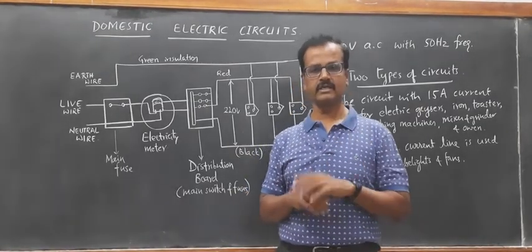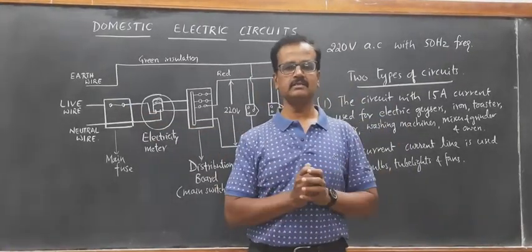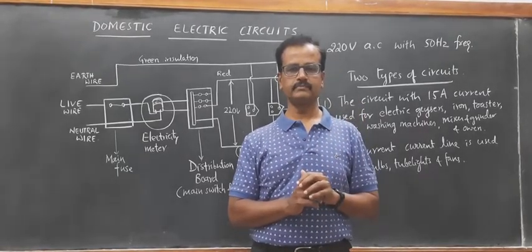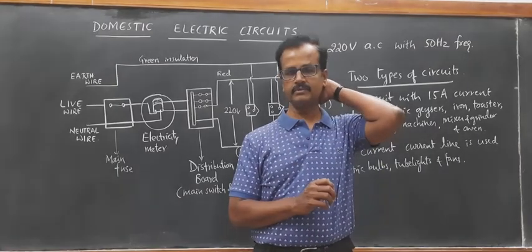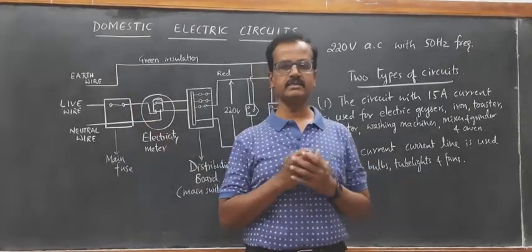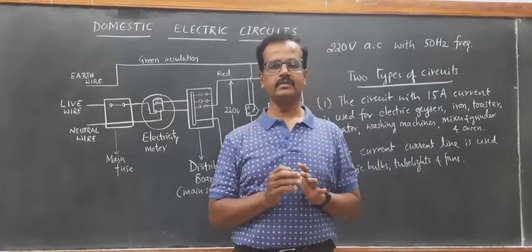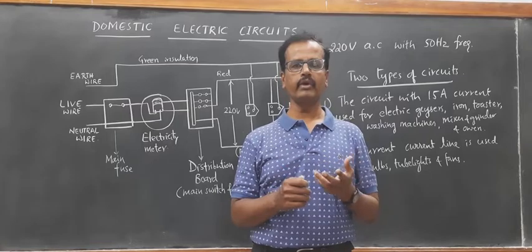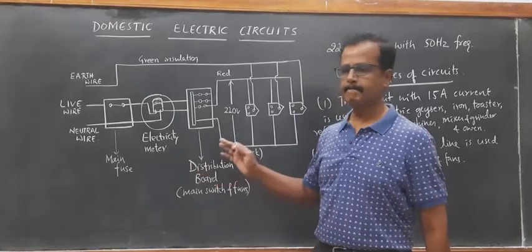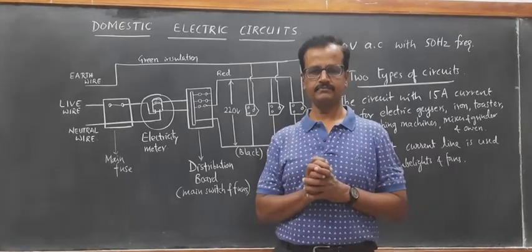When that short circuit takes place, if the electric fuse is not used, then all the appliances being used in the home will be spoiled. They will be totally turned off. They will be burnt. Therefore, the electric fuse is a safety device which melts suddenly due to overloading or short circuit by Joule's heating effect, and the electric appliances and the user in the home will be safe.